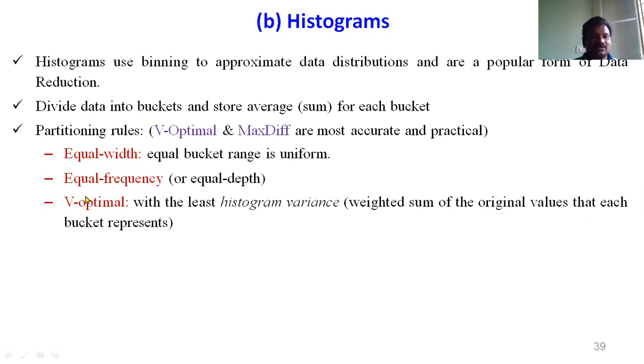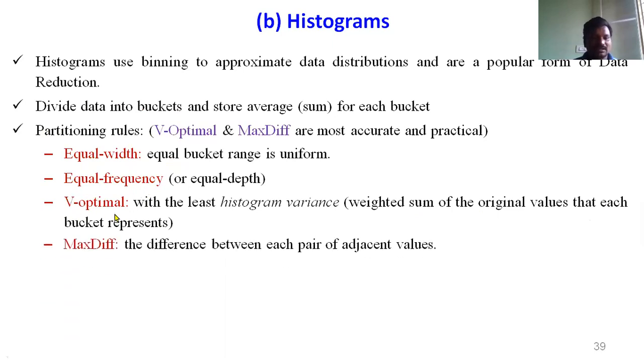In this way you perform the rule for identification of buckets. Sometimes you may use equal width, sometimes equal frequency, sometimes the V optimal method, and for performing max difference between each pair of adjacent values. That is a representation of